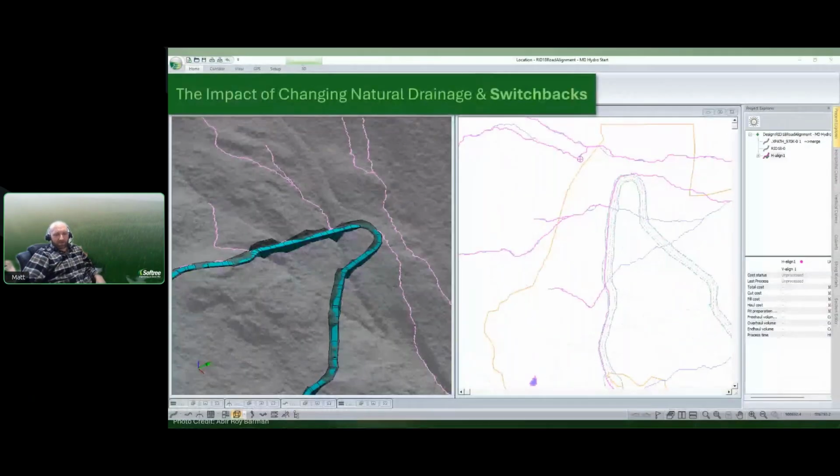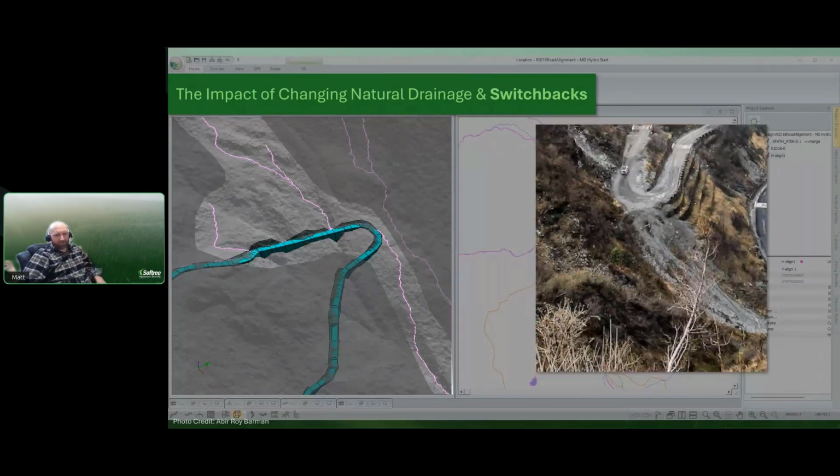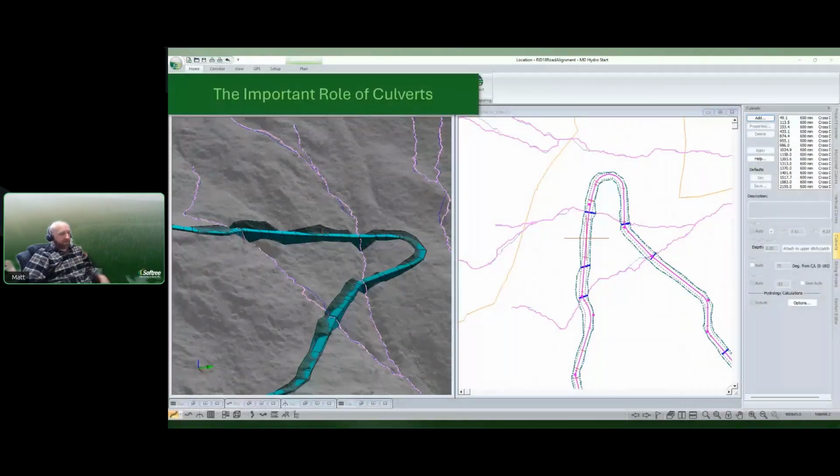We could zoom into a particular area and drive that home, see the impact. If we don't put culverts on those creek draws, we're going to dump a bunch of water off the end of our switchback, which we don't want to do. So that can create issues. So we put our pipes in, make sure that we run the hydrology tools, and we can see, okay, we're actually preserving the natural flow quite well.